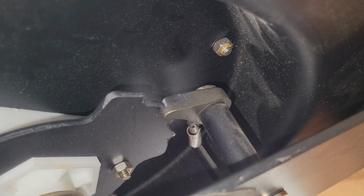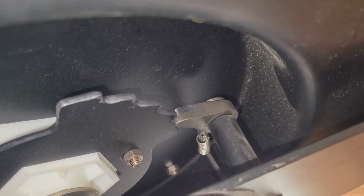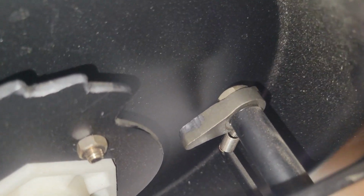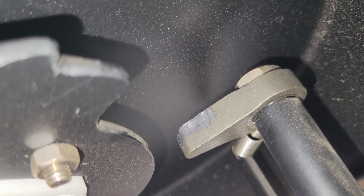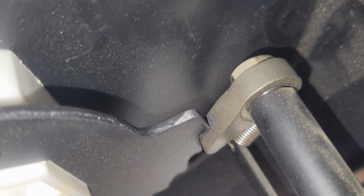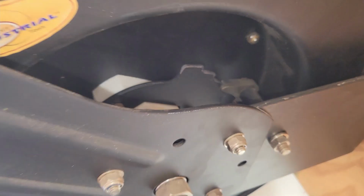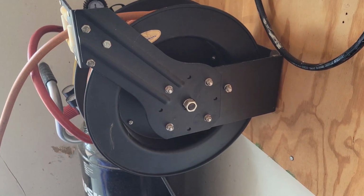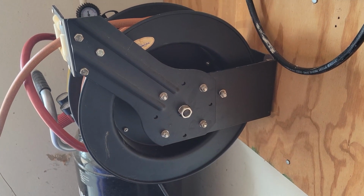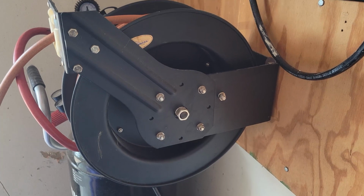Looking inside, you see the little keyway that clicks. If you look at it carefully, it's become a bit rounded on the end. And that's the problem. So it'll work okay here when I've only got 4 or 5 feet of hose out. But when I get it extended somewhere near the end of its length, the angle changes just a little bit due to the tension in the spring, and all of a sudden that key starts slipping and reeling the hose